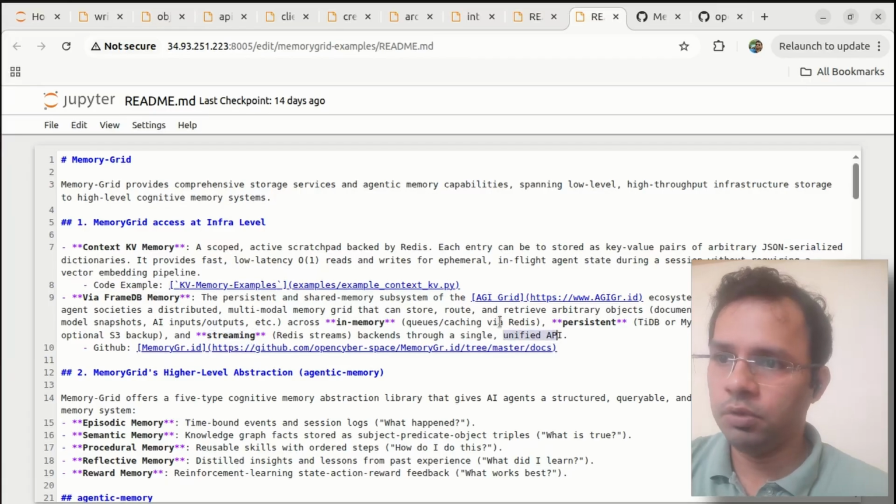In memory, we use a Redis backend, where you can use queues or caching, just like how we used caching here. You can do the same thing. And also in the persistent, we use TiDB. TiDB is a distributed SQL kind of DB, which can be